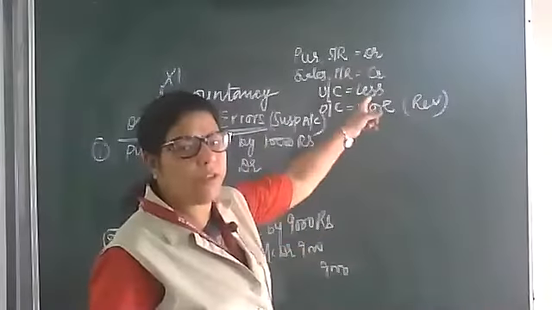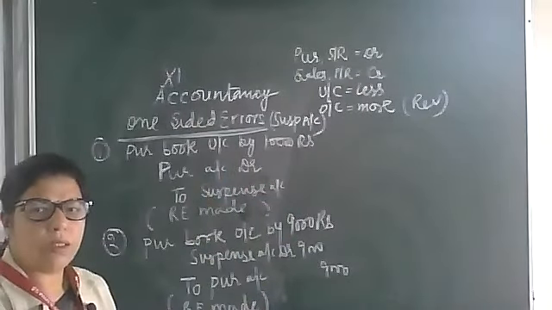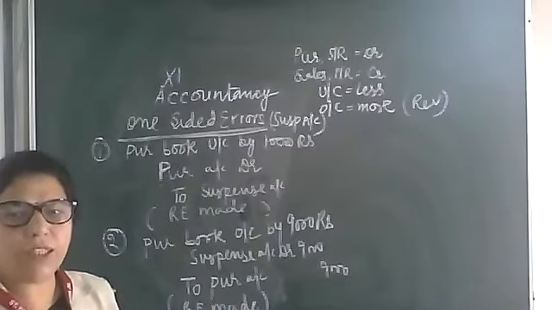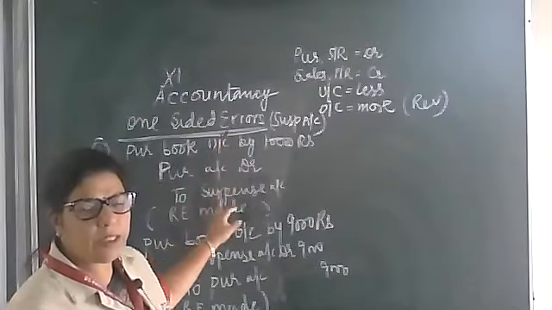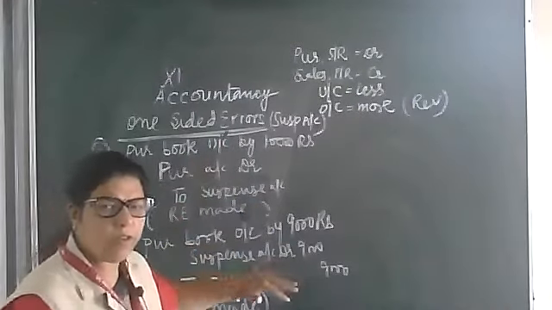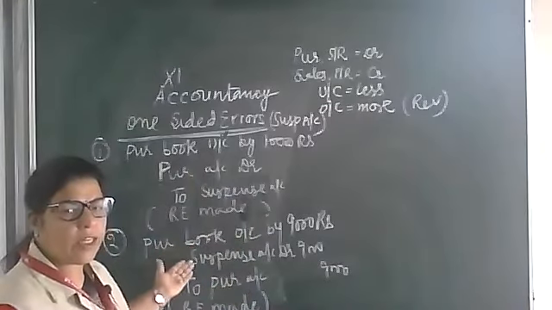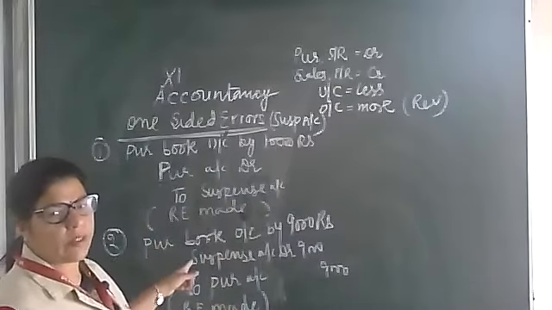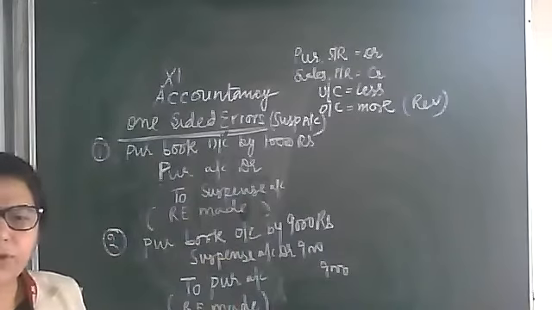See the board I have given you. Note down these two entries. These two entries are the basic entries. Undercast means purchase to be debited and suspense to be credited. Overcast, the reverse effect: purchase will be credited now, and in place of debit, no account is there, so we have to put suspense. Note down these two entries.